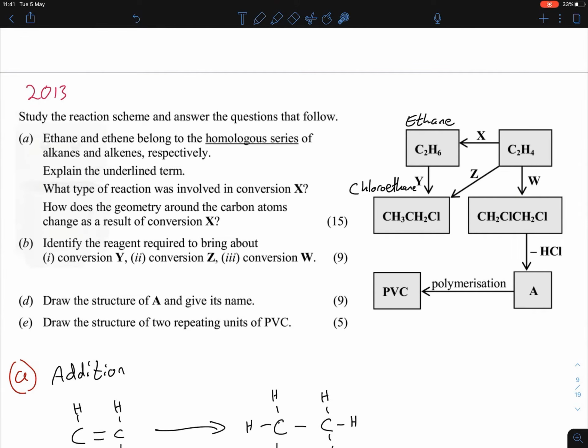So look, we have Y done. Let's look at Z. So Z is over here. And we said already that this guy over here is ethene. And again, if we count them up, we have 1, 2, 3, 4, 5, 6. And we had 8 over here. So going from here to here is an addition. And then again, you have to go back to your addition mechanisms. Okay, you had your ethene there. Okay, you needed it to be ethene. And what did you have to do to get